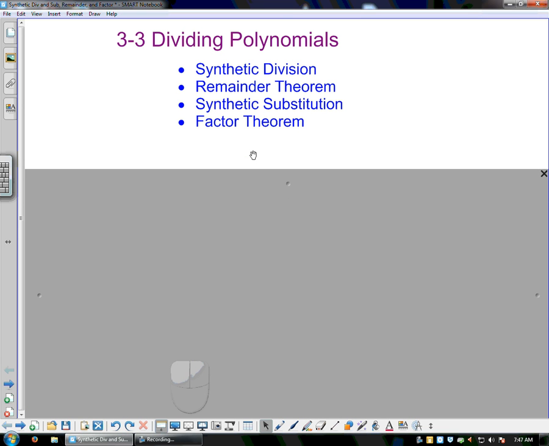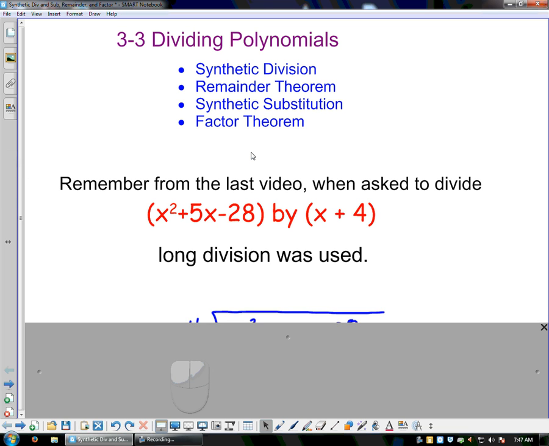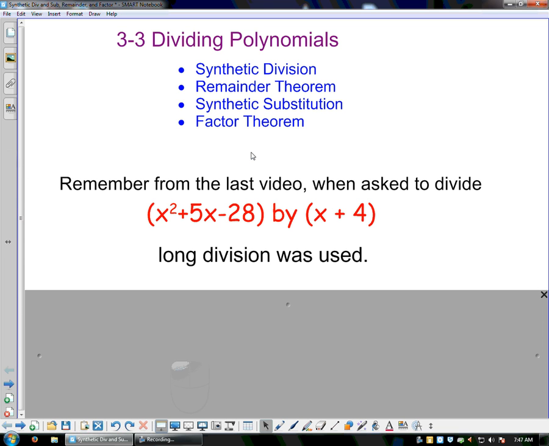Alright, now, if you remember from our last video... And the factor theorem too. Oh, and the factor theorem. Whoops. Alright, from our last video, when we were asked to divide, for this example, x squared plus 5x minus